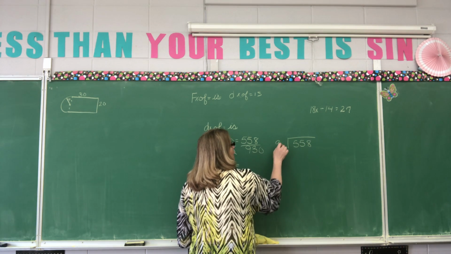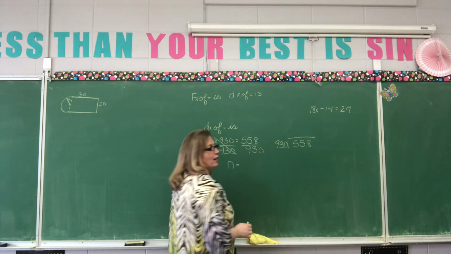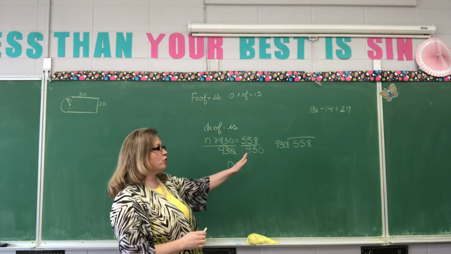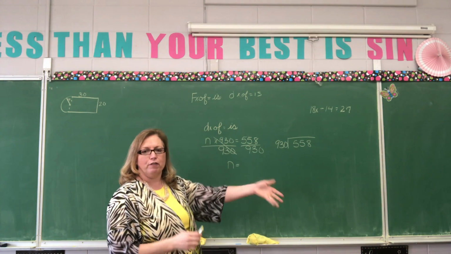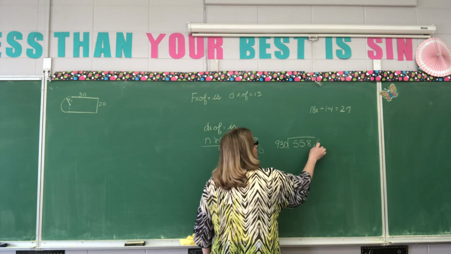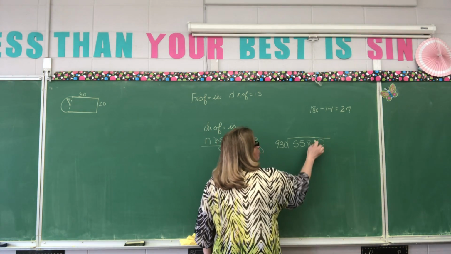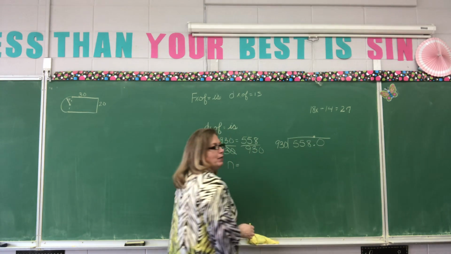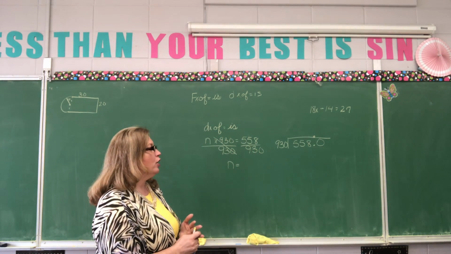Okay, so I'm going to put 930 on the outside. Well, obviously 930 will not go into 558. It's not supposed to because it's a decimal. So add a decimal point and annex a 0. Bring your decimal point up. How many times will 930 go into